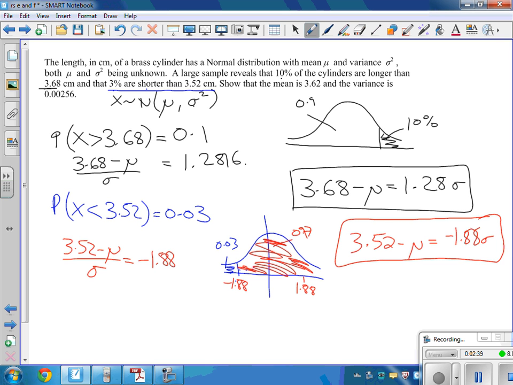There's my two equations. And I think we just look at those now. With all the stats done, we can see they have the same sign, so we're going to subtract the two of them, one take away the other. That gives me 0.16. Mu minus mu cancels out, that's why we did it. And 1.28 plus 1.88, we've got a plus there, haven't we? 3.16 sigma. Finally, dividing both sides by 3.16,